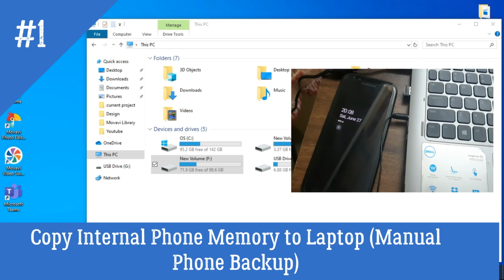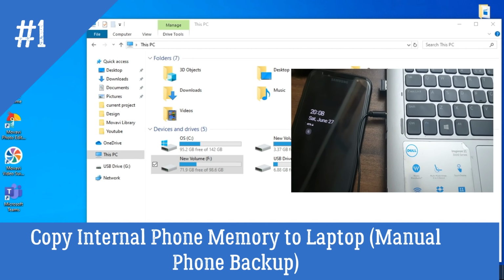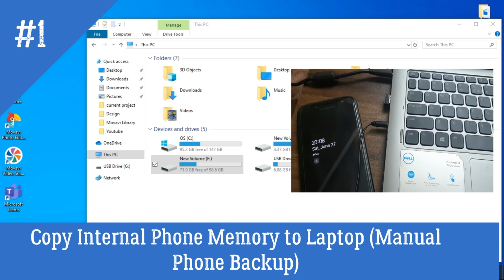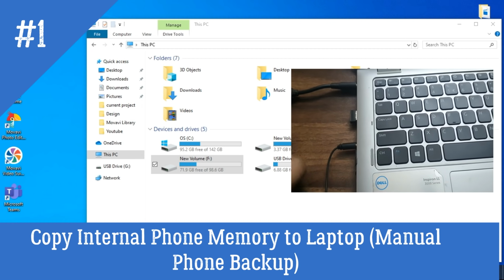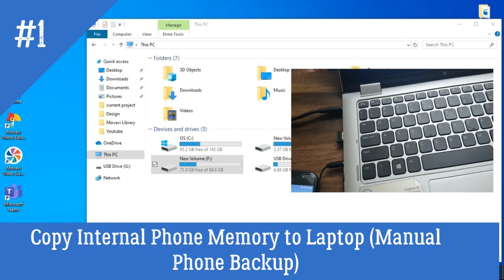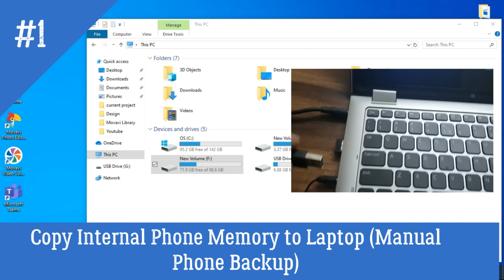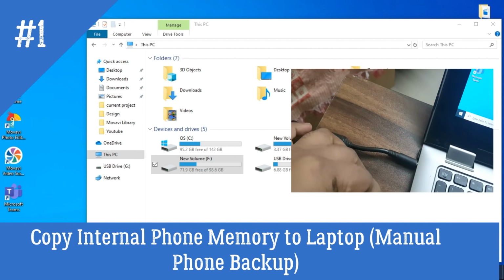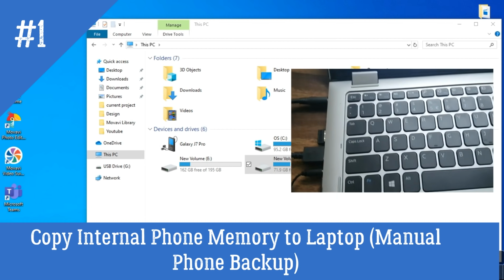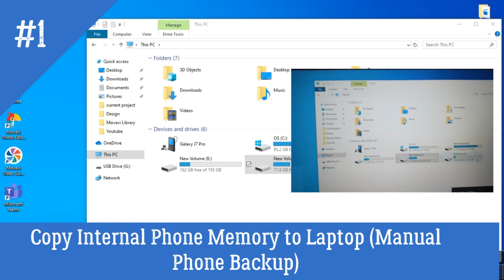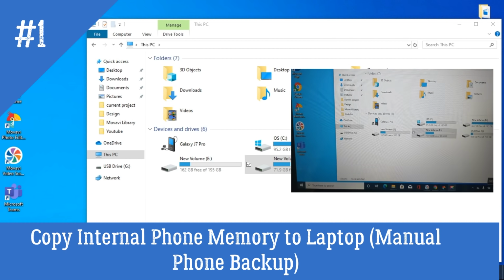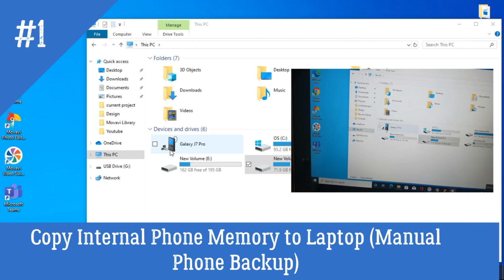I'll show. I am having a Samsung J7 Pro Android mobile, having Android 9 OS. So you can just connect the mobile to the laptop or PC. Once you connect the mobile, you can see one mobile icon visible on the laptop.